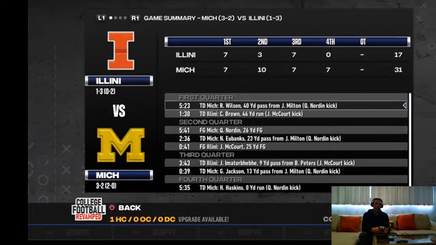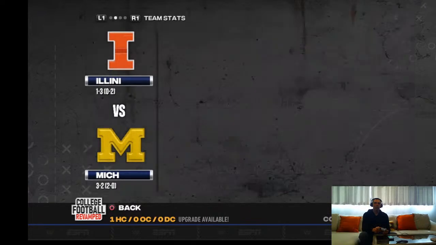First off, we were great minds thinking alike. Some people in the previous chat were saying we should get Wilson involved on offense, that freshman with really, really good speed. Just before people had even said that on the stream, I put him in that wide receiver 5 spot in the depth chart, and it paid off. He had one catch, a bubble screen for 40 yards. It was an electric play, and it was the first score of the game. You can see it there. A couple really cool things going on in this game, but that was one of them.